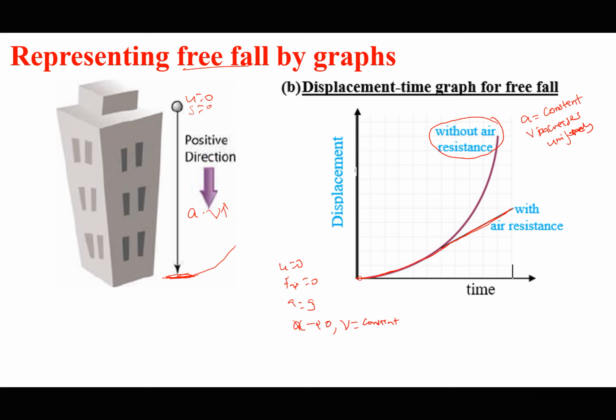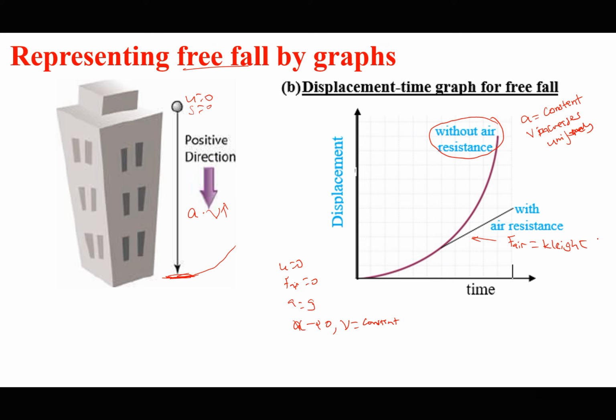Initially, the velocity increases because the gradient is increasing and then it becomes a straight line, which indicates that initially there's an acceleration, so the velocity would be increasing, but with time, when the force due to air resistance is equal to the weight of the object, the velocity remains constant because at that point the resultant force is equal to 0. So here with air resistance, when we have a straight line, the force due to air resistance is equal to the weight